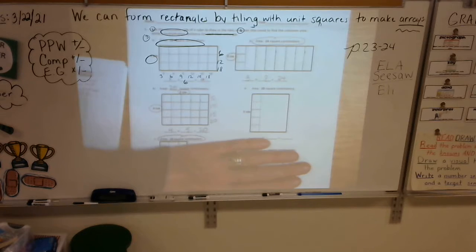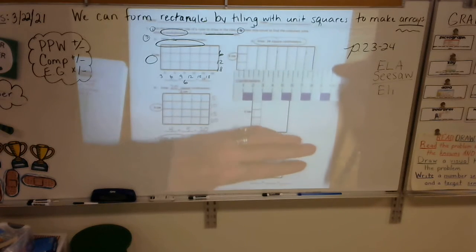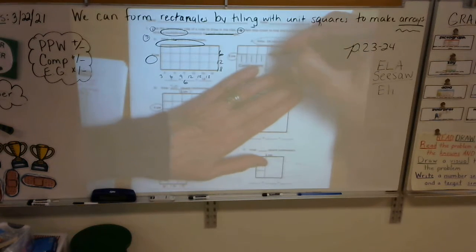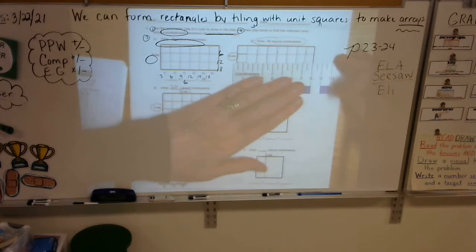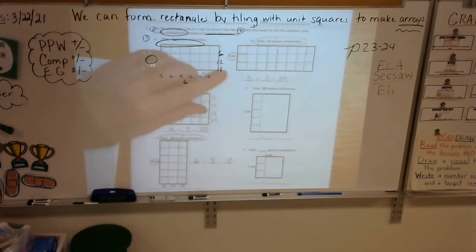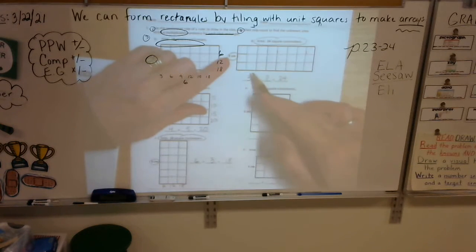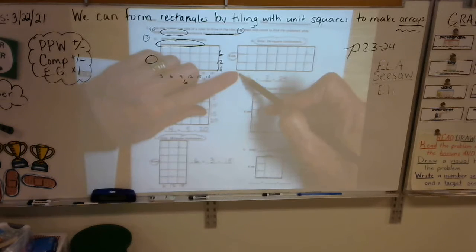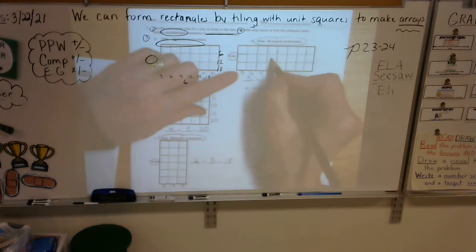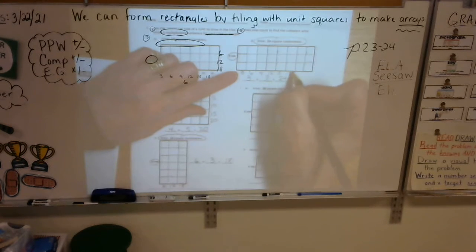Now I've got my columns, and now I need to finish tiling, and I can use the lines they already drew for me to finish tiling going across. And there we go. Okay, now again, in this one, how did we skip count to get our answer? We skip counted by 3s because we knew this side was 3. So let's go ahead and label our rectangle and show our skip count, okay? 3, 6, 9, 12, 15, 18, 21,